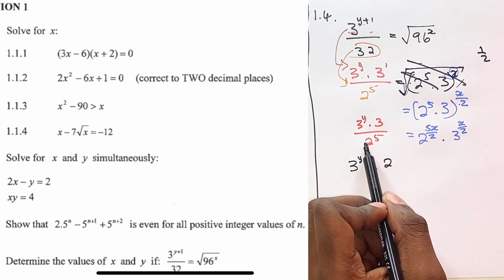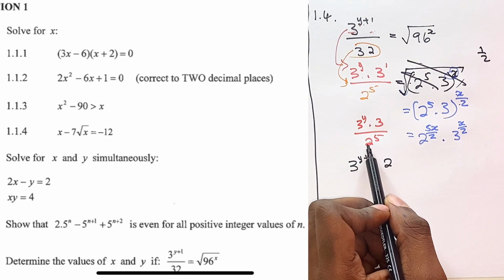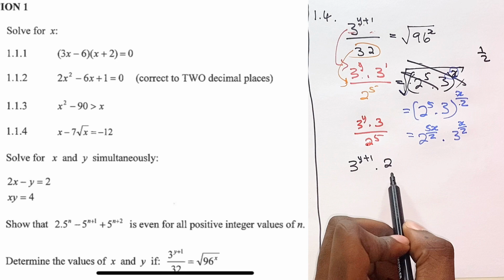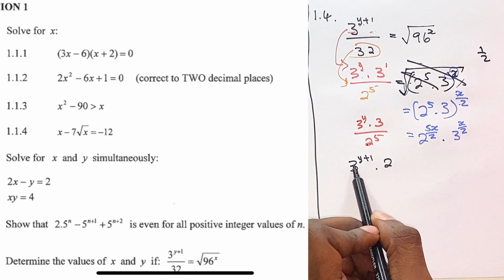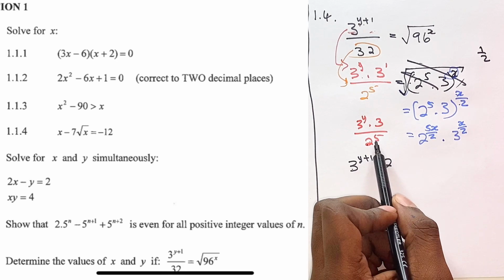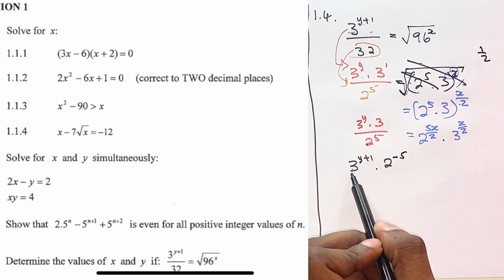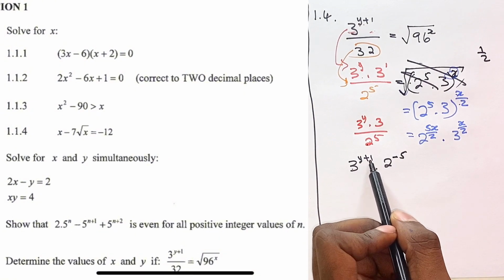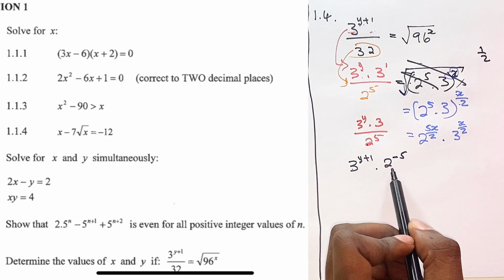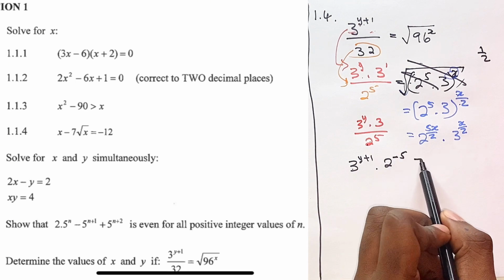Remember, a denominator, if it goes upwards to join the upper class, the exponent becomes negative. So it will be 3 to the power y plus 1 multiplied by 2 to the power negative 5